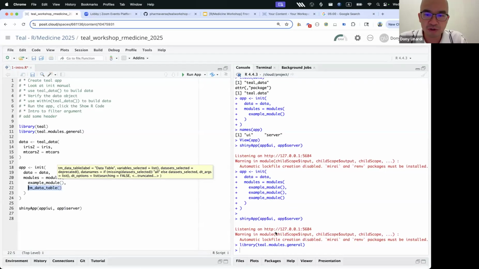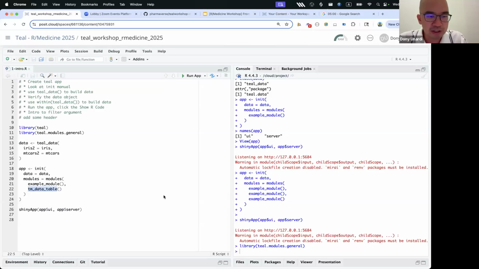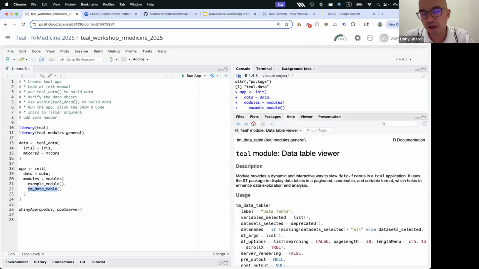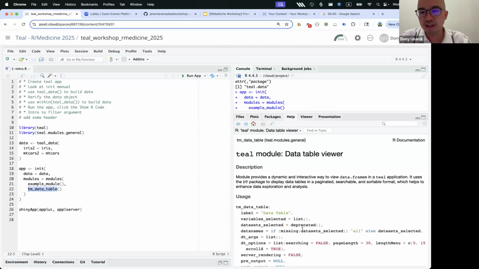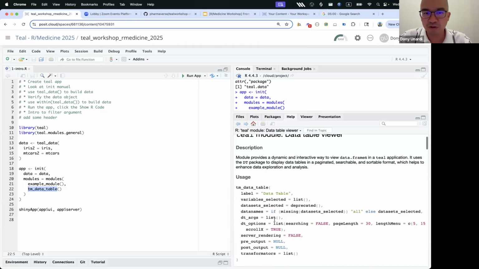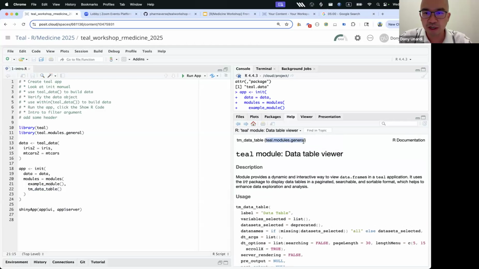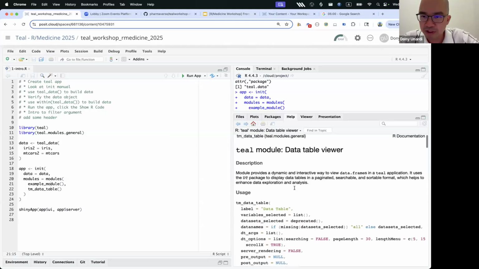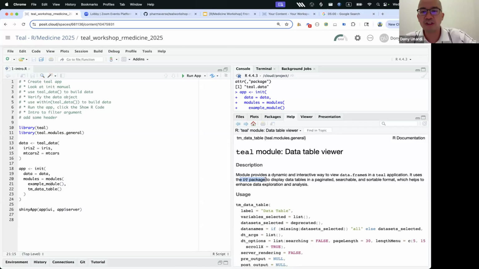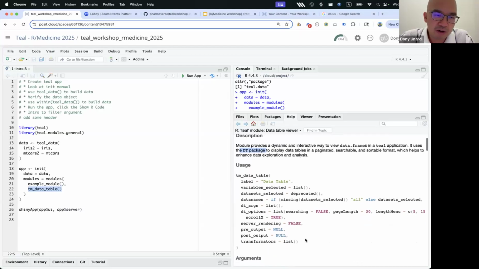And this is also a very simple module. So I'm copying this and going to my console to pull the documentation. There you go. This is just a data table viewer. There's not even any required argument, very similar to our example module from teal. This is from teal modules general. I think this is a lot more polished way to view data sets because I believe this is taken from the DT package. Yep, the DT package. So if I just plug it in here like this, and I know there's no other required argument,